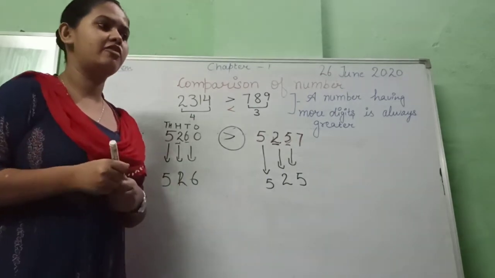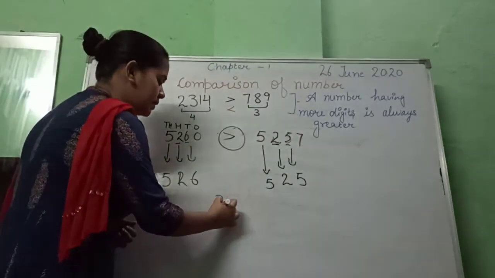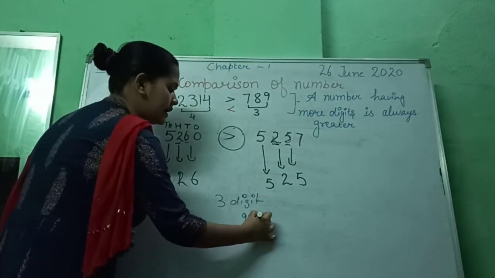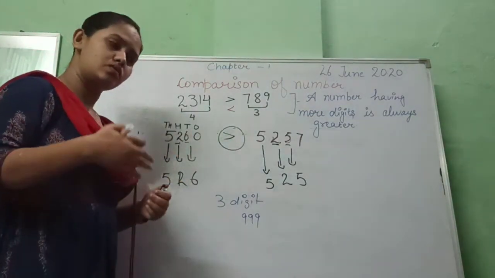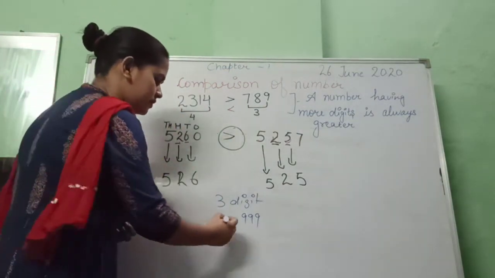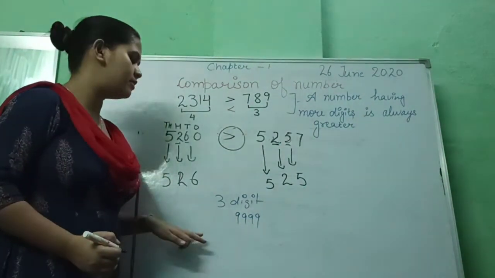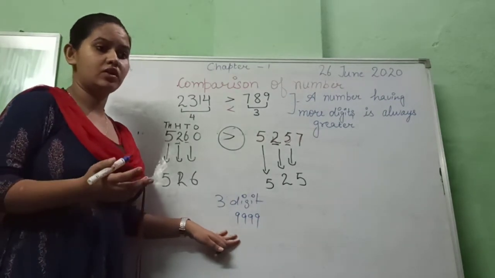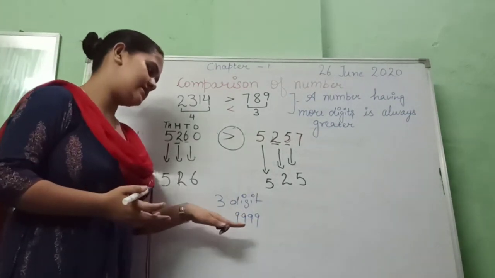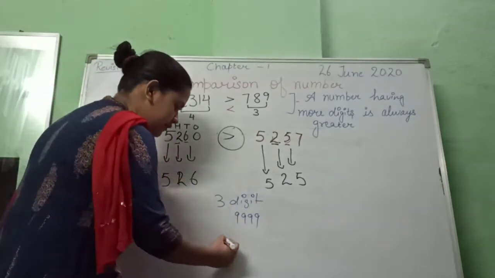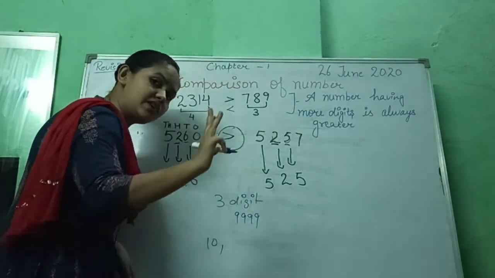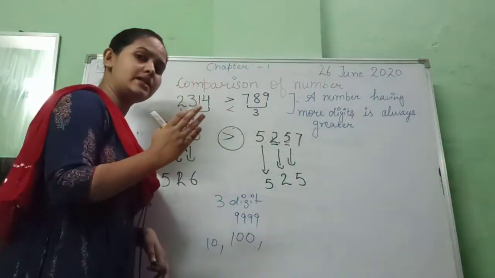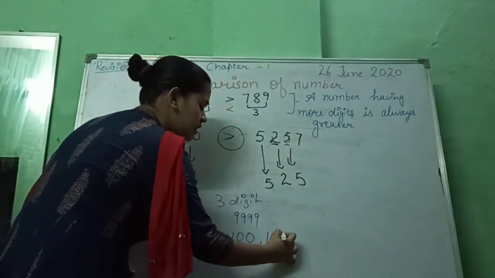So for example, if someone asks you to give the biggest 3-digit number, right? This will be 999. If someone asks you for the biggest 4-digit number, then just add 9000 more, which makes 9999. And when it comes to the smallest numbers, if it is a 2-digit number, it will be 10. If it is a 3-digit number, it will be 100. And when it comes to the smallest 4-digit number, it is 1000.